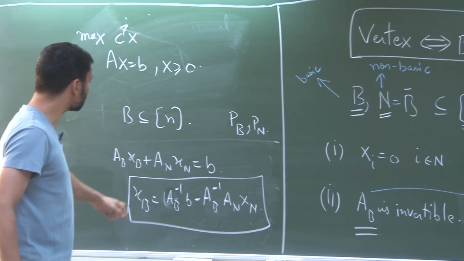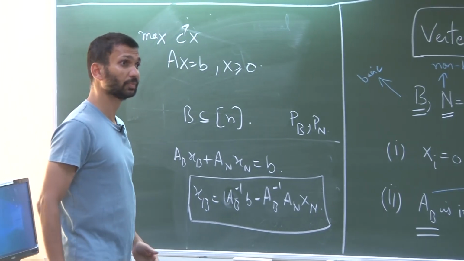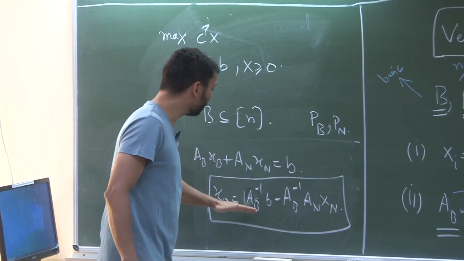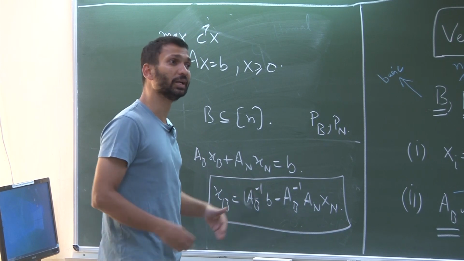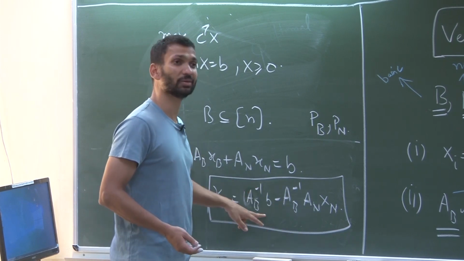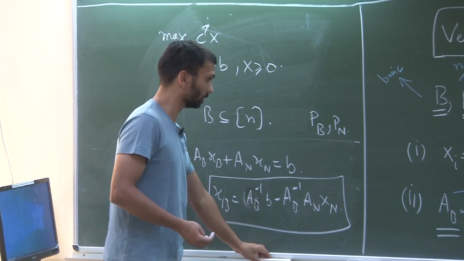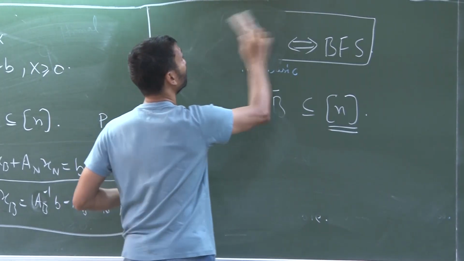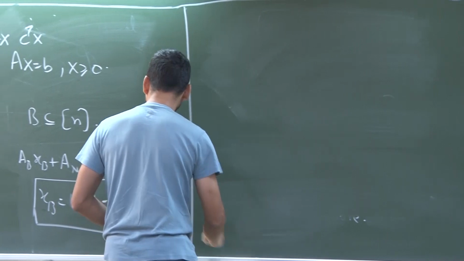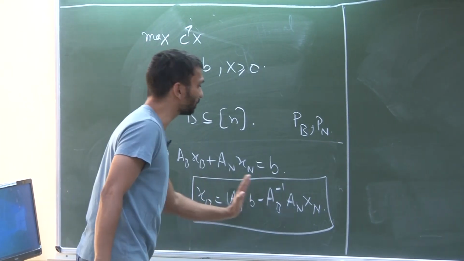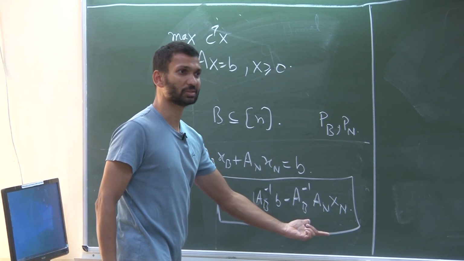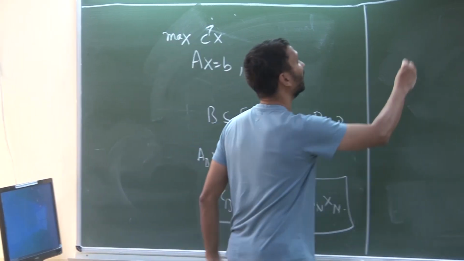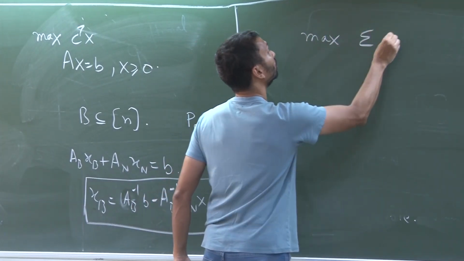Right? What is this telling you? At this stage of the basic feasible solution, every basic variable can be written in terms of the non-basic variables. And this is something which we did last time, if you remember. Every time we moved from one solution to another, our basic variables are always represented in terms of non-basic variables, right? So I have that, and once I have that, I can change my objective function also to be